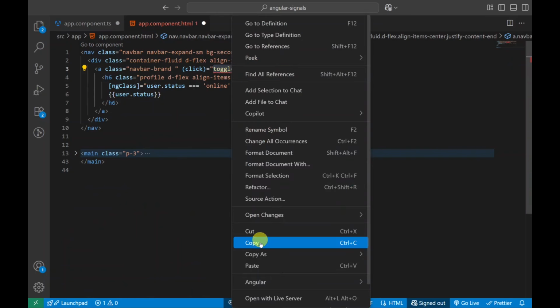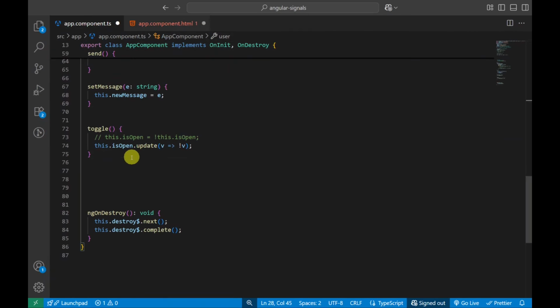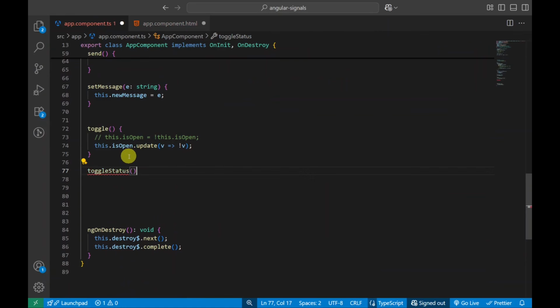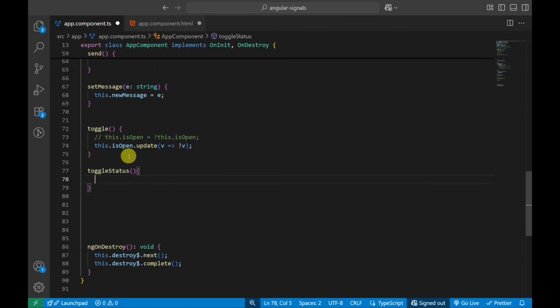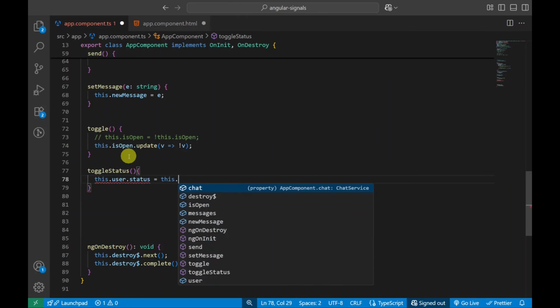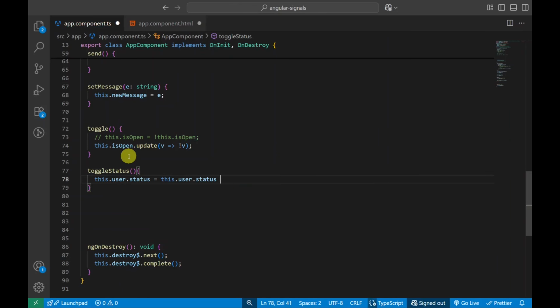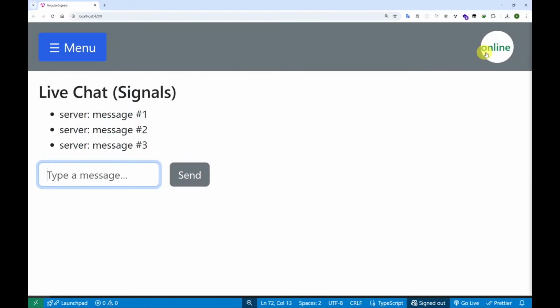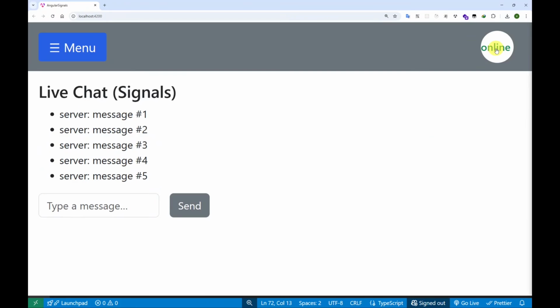Now in the toggleStatus method, I change the status. If the user's status is online, it's offline, or online. Now, see, it works.